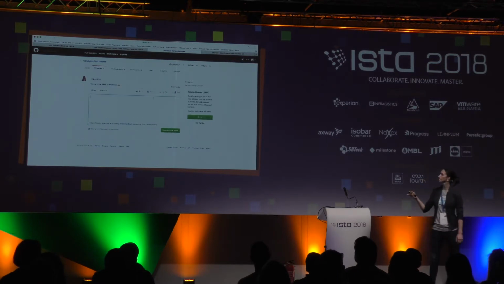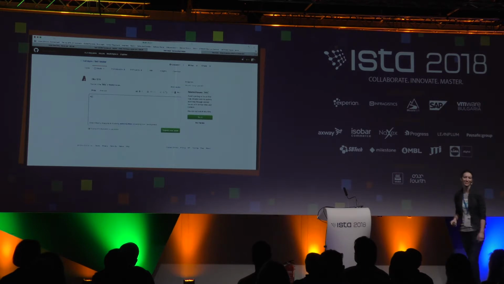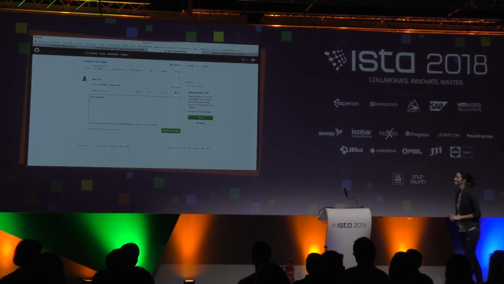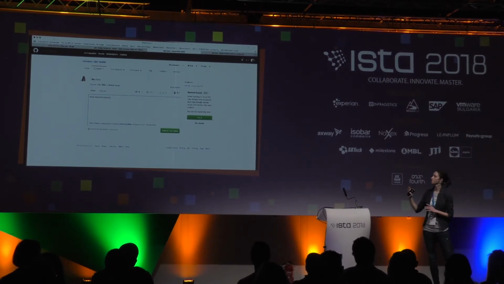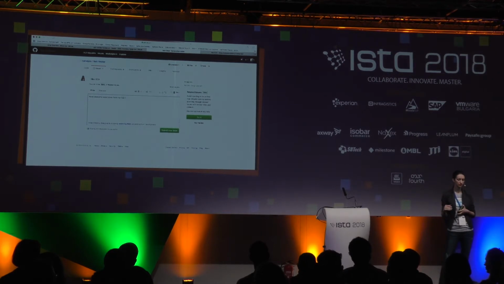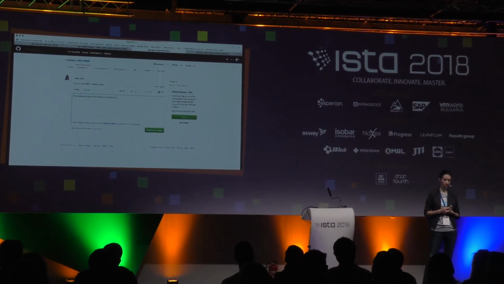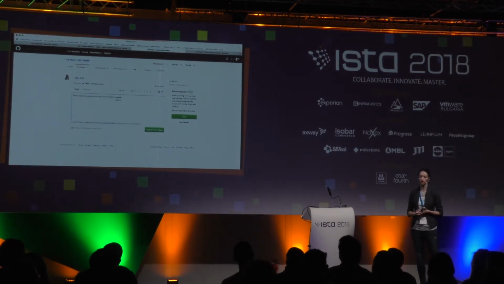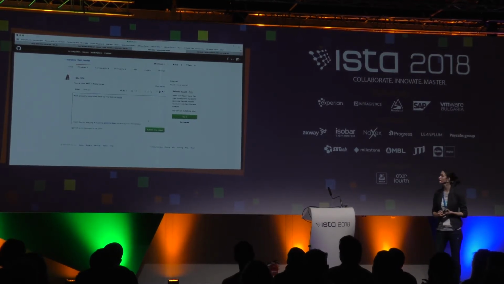Now I'm going to create a positive one. I wrote that I like Istio. It's my first time here, but it's a good experience. And it's now going to take the body again. It's invoking another function called sentiment analysis that will take this data and calculate whether it's a positive or negative message.